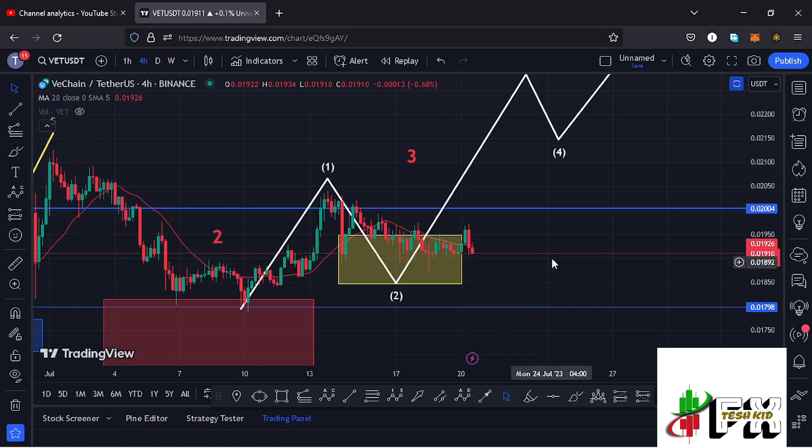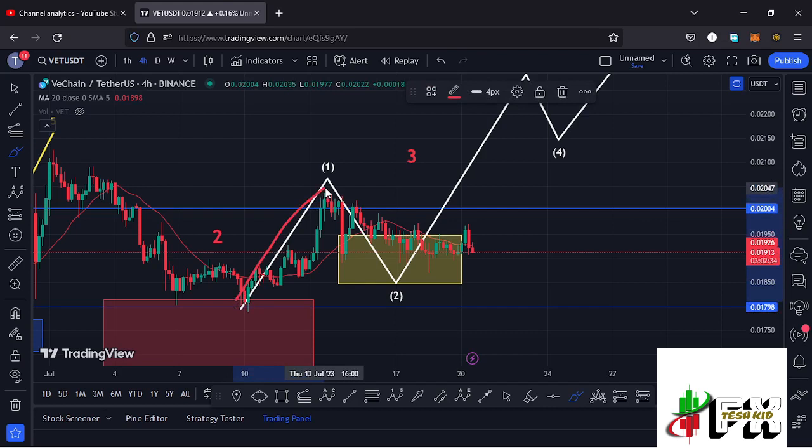At the time of this recording, Vechain is holding below the 20-day MA here on the 4-hour chart, which is now acting as a resistance for us to continue gearing up. We have also continued to obey the Elliott wave structures, where you can see that after seeing our 10th of July low at around the $0.0179 mark, we started gearing up, where we were able to put in place the high for that first wave to the upside. Then we started a breakdown move in the formation of this wave 2